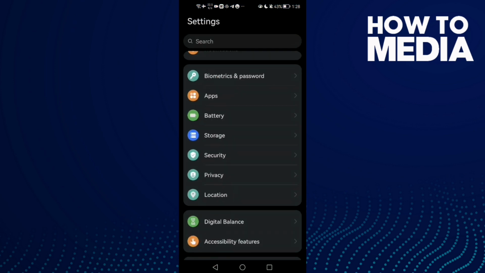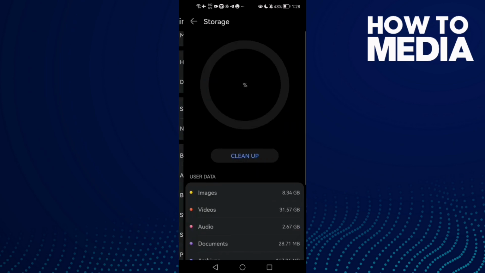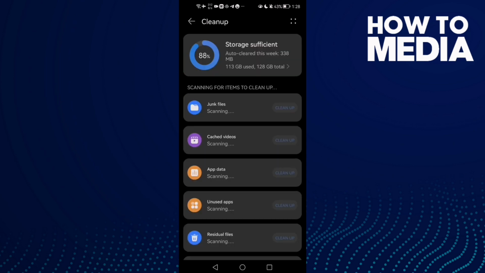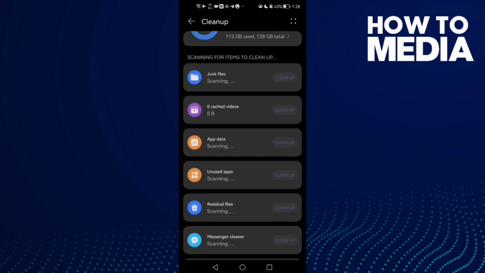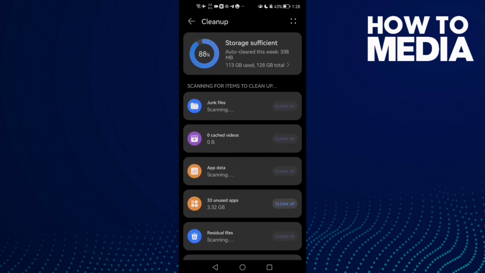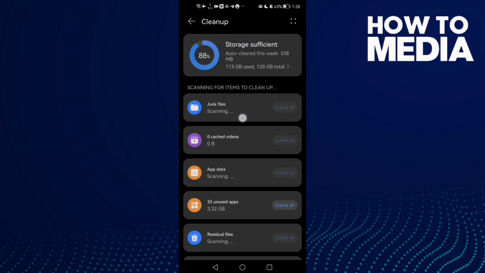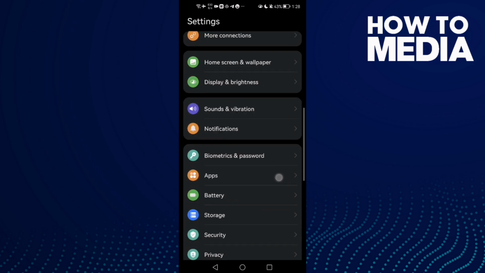First open settings and then scroll down until you find storage, and now click clean up, and here just wait for this one, junk files or cache, and then just clean your phone cache or your phone junk files, and that's it. Just wait for it and then click clean up,